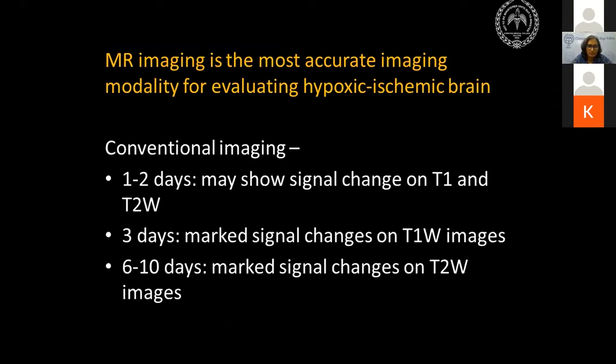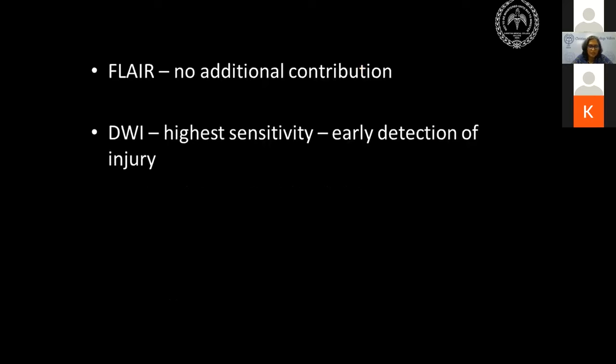However, the imaging findings that we see vary with the time of imaging. At 1 to 2 days on conventional imaging, we may see some subtle changes on T1 and T2, but these signal changes are more marked on T1 images at around 3 days, and only after about 6 to 10 days are marked signal changes seen on T2-weighted images. Now, FLAIR in a neonate does not actually add anything additionally, but